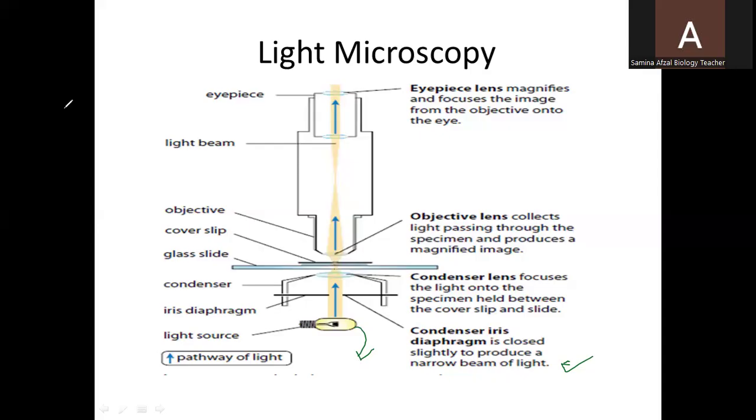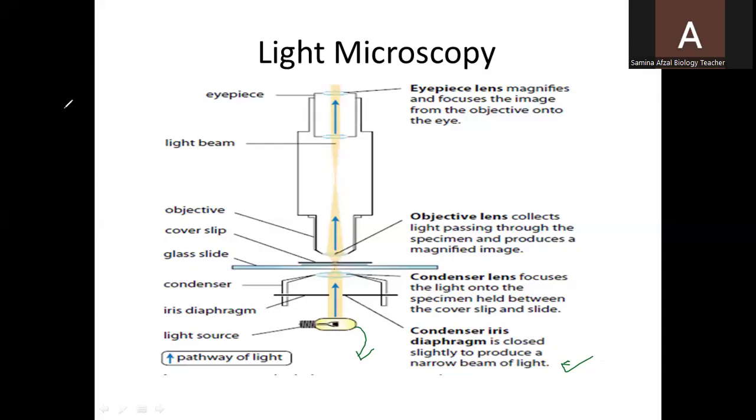That is, the specimen should not fall away. Then the light will pass through the specimen or this slide, and then through the objective lens. The objective lens will collect the light, because the light can scatter in other directions. So the objective lens is used to collect the light passing through the specimen